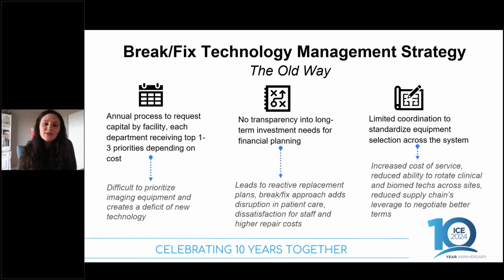So I'll tell you a little bit about what our process looked like about 6 years ago and how we've been evolving it into what it is now, and with Dean and I working together more closely, specifically within our imaging areas. So if you have a capital process that you are participating in your organization, this might sound familiar to you,